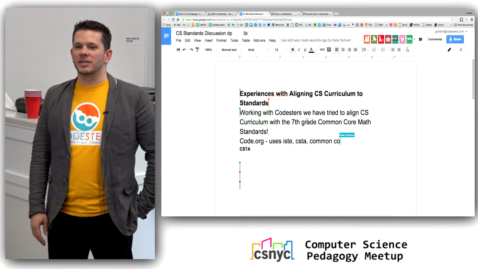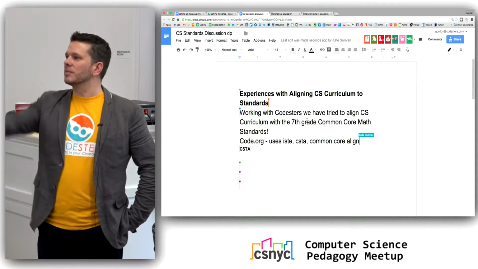Anybody else have a set of standards that they're using in the classroom? Yes. The teachers that I work with are all geared towards the Common Core, and that's where they have the difficulty. Even with Code.org, which has a line and everything, they still don't know how it actually makes the connection. They run into trouble. It's like, oh, I get it, but how is it actually connected? It's one thing to say this is aligned to a standard, but for the teachers to be able to make that connection, they struggle with that.